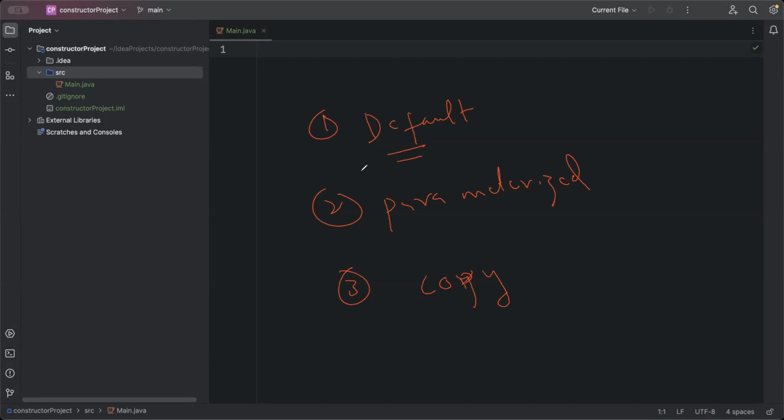So default constructor, as the word suggests, is something that is called by default, such as when you write Student xyz equals new Student. So this is the default one. That's what we do not create. It's actually there, whether we wish it or not, it will be there. And then there is another one, a parameterized one, which means that we will be passing some parameter